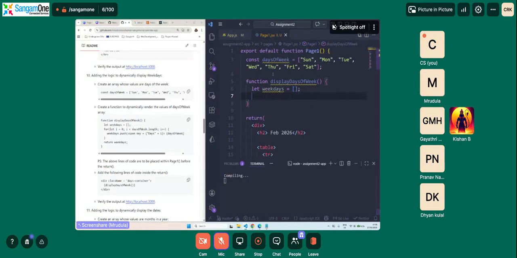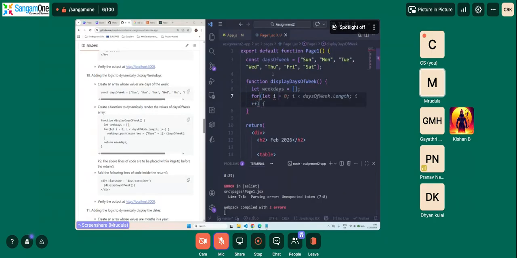Okay, so next we are going to loop through each of the elements of days of the week. Okay, so now we are going to use for loop. Okay, for. So how do we use a for loop? We have an iterator, normally i. Okay, so for let i is equal to 0, i less than.